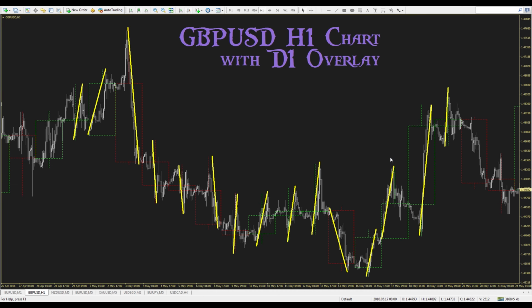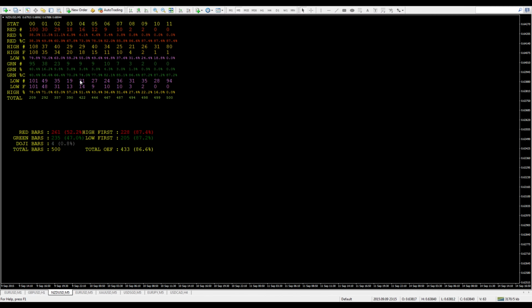I've done it programmatically for the indicator, and it's searching for where the high and low occurs within an hourly candle. I had intended to do 10 of these examples,